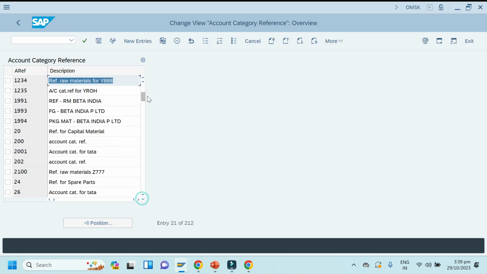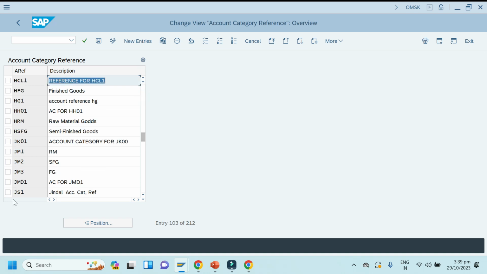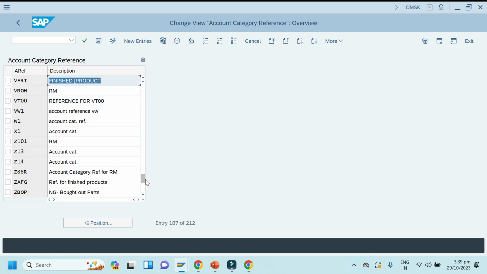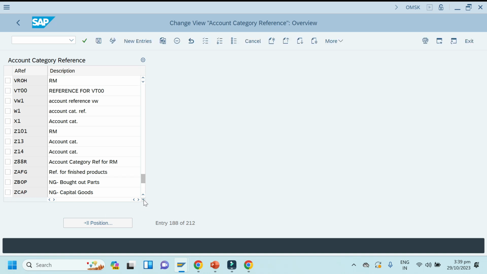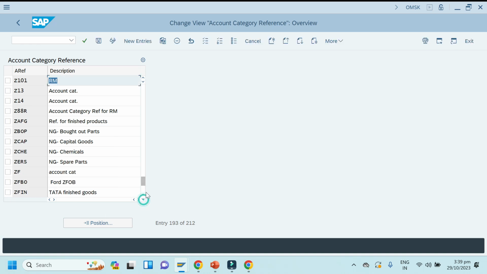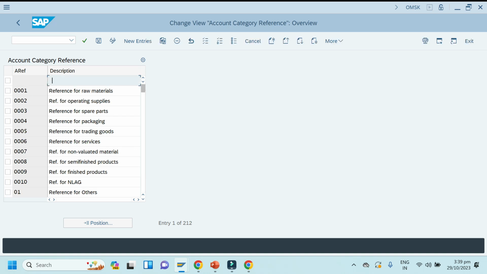Let me go down. You can see someone defined a custom one, so I can also define it. Let me define one, I'll define Z001. Just copy it from this one.